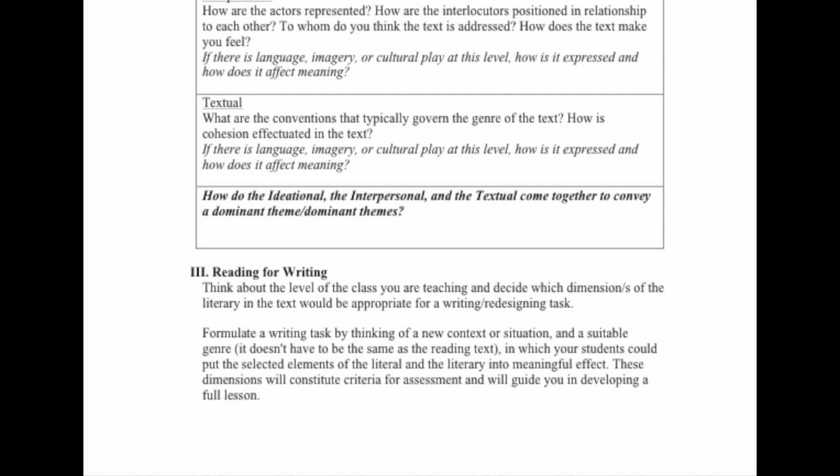So you design a task that you can put these elements of the literal and literary into meaningful effect. And these dimensions will constitute criteria for assessment and will guide you in developing the lesson. Can you think of something where this idea of being gently, politely evasive or non-committal might be a useful context? What's a writing assignment that maybe you could put together for students that would allow them to use this language,